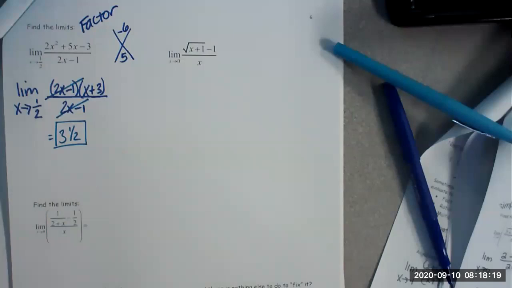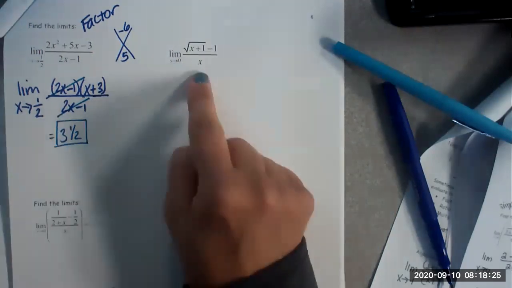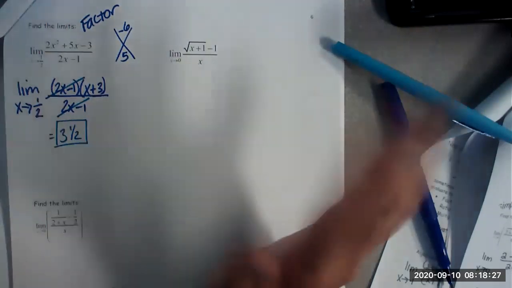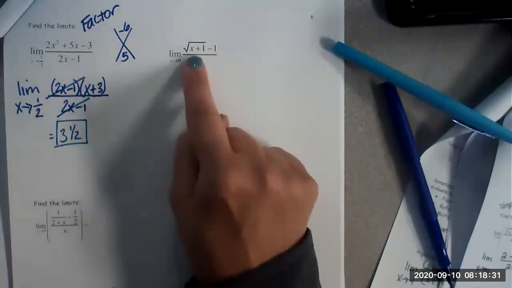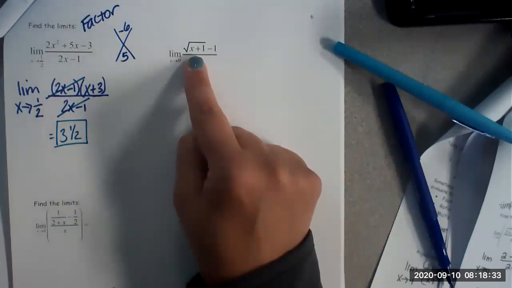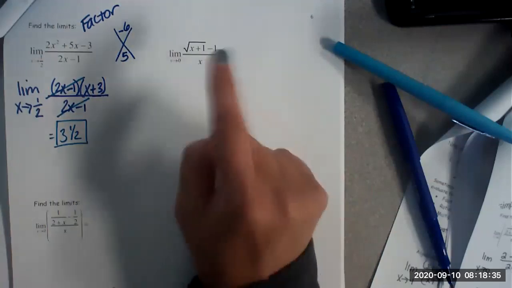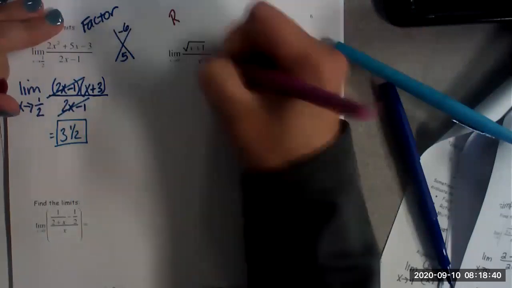This next example, can I plug in 0 and it work? Can't do it. If I plug in 0 to the bottom, I get 0 on the bottom. Doesn't work. So I've got to come up with something else to do. Can I factor that? Y'all know how to factor that? No. So the next thing on our list of things to try, if you see a square root in it,